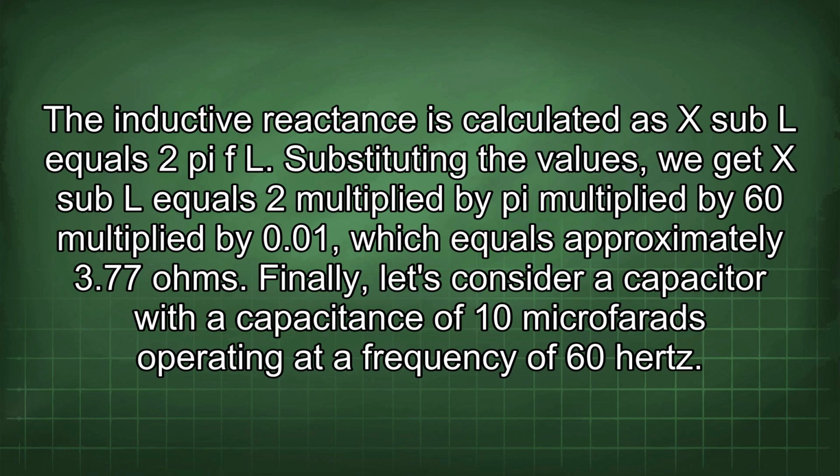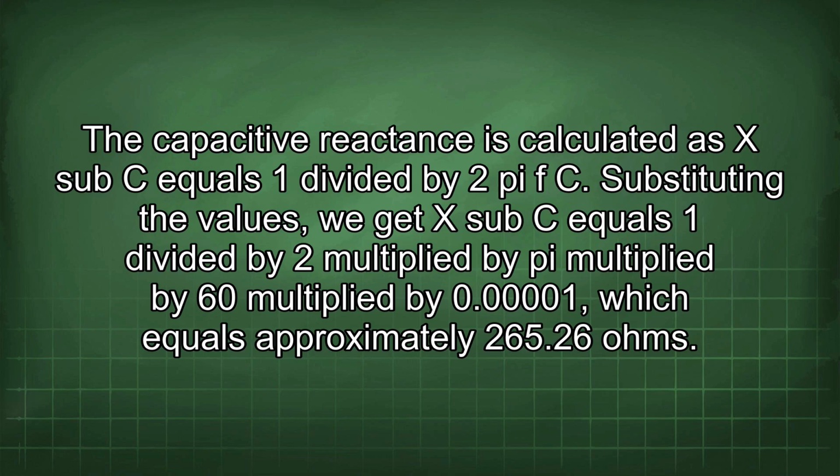Finally, let's consider a capacitor with a capacitance of 10 microfarads operating at a frequency of 60 Hz. The capacitive reactance is calculated as X_C equals 1 divided by 2 pi f C. Substituting the values, we get X_C equals 1 divided by 2 multiplied by pi multiplied by 60 multiplied by 0.1, which equals approximately